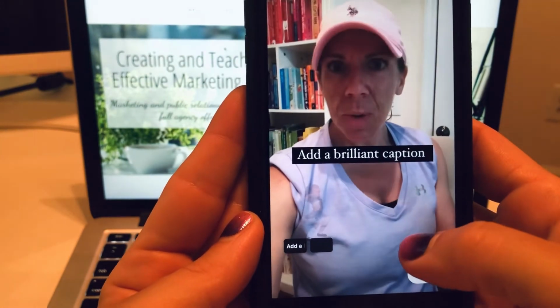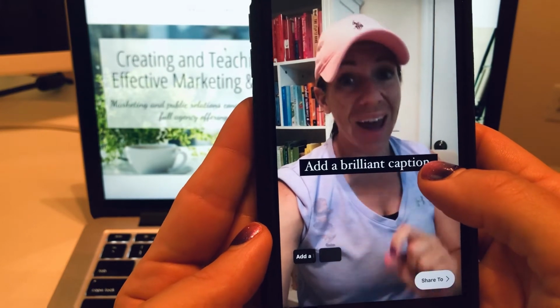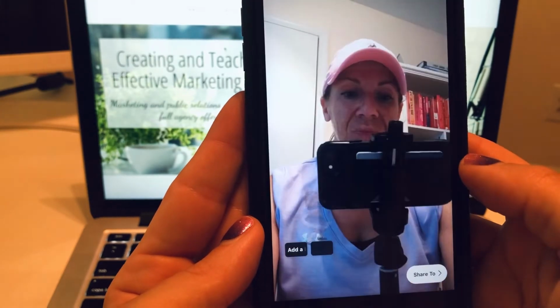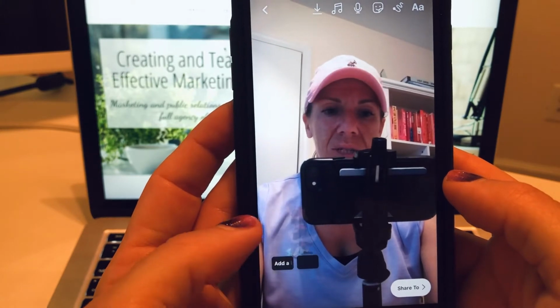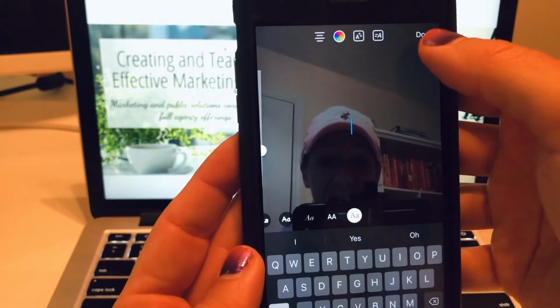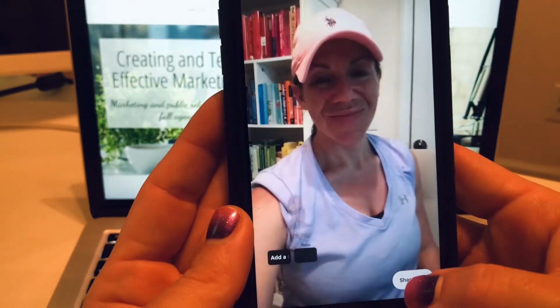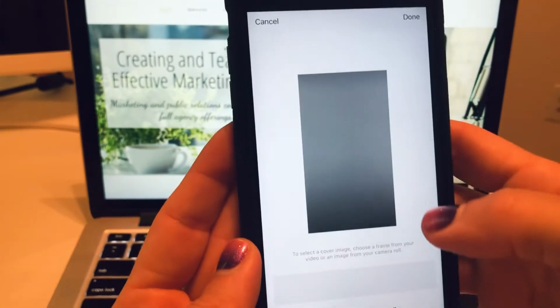And what that's going to do is you'll see this caption is about to disappear, okay, because I only want it on there temporarily. The little girl, on the other hand, is going to be here the whole time, right? So that's what's really showing me there. So you can use your original audio, and then if I go to share, the next thing you're going to do is click on the cover image,